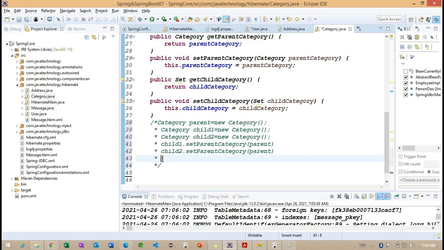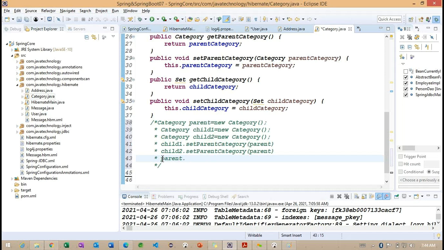In the same way, we'll try to create the parent information. So how exactly is the parent going to have child information? Now you can understand here, parent dot. We have two options. What are the two options?